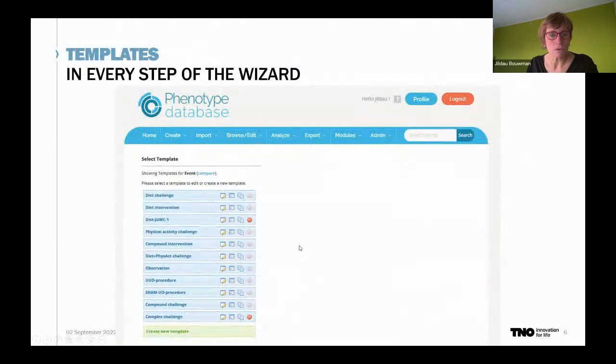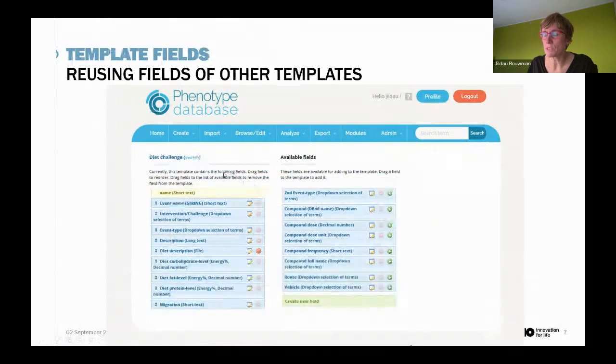If I look at a certain template, just an example on the level of the design of a treatment, I can select a specific template. And within the interface, I can build up this template by myself. I can add fields to the template. So on this level of the wizard,